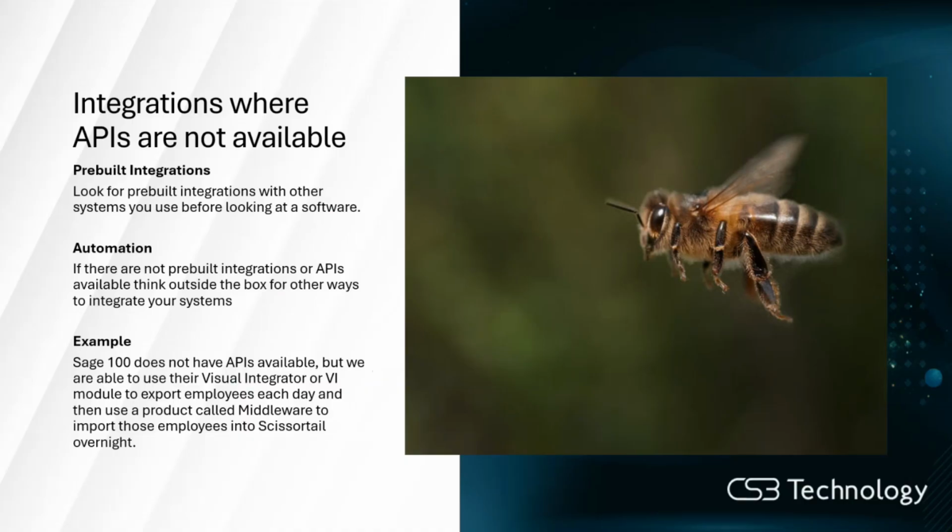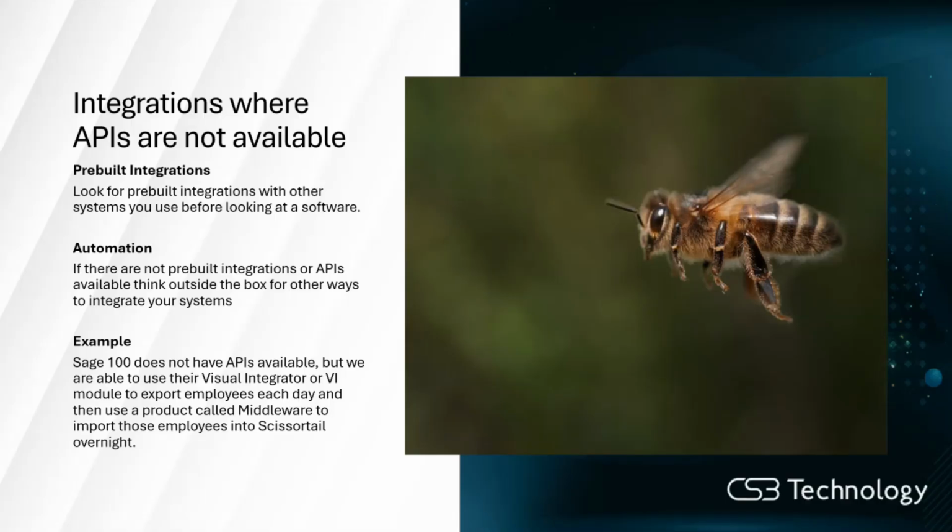So what do we do if we don't have APIs available? Our second method is just to look for system integrations where possible. So first, always, just like on the last one, check to see if there's pre-built integrations with the software you already use, because it can save time and effort if you can use a pre-built one. If there are no pre-built options or APIs available, consider other ways you could use